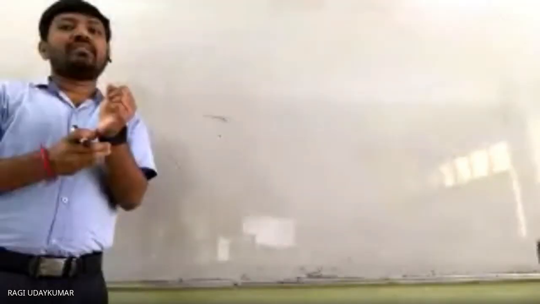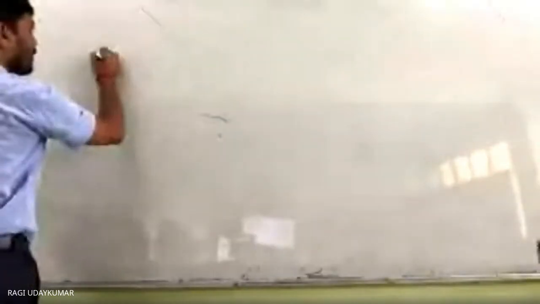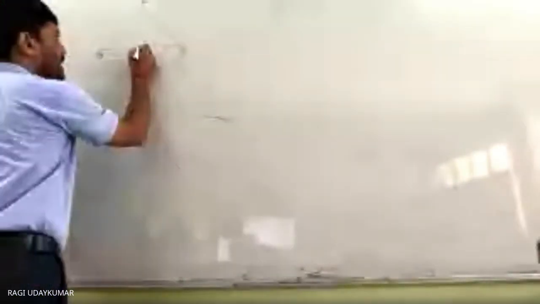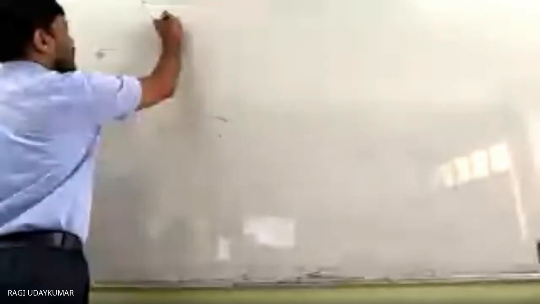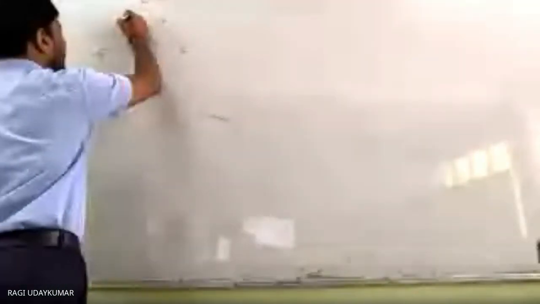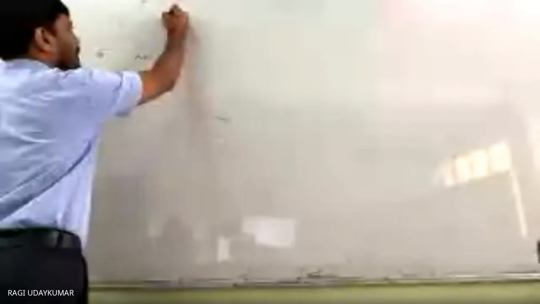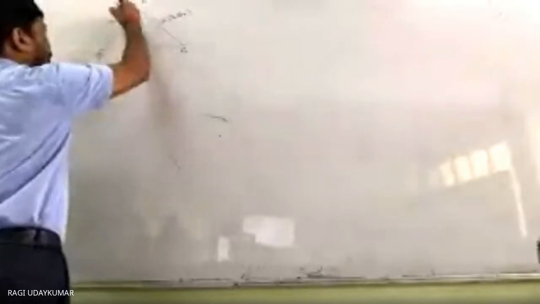So in a triangle, let us consider the triangle as ABC, and here the midpoint of BC is D. Usually we will take it like this, DEF. If the midpoints DEF are given as x1, y1, x2, y2 and x3, y3, we need to find the vertices of the triangle. Midpoints are given to you and we are finding the vertices.